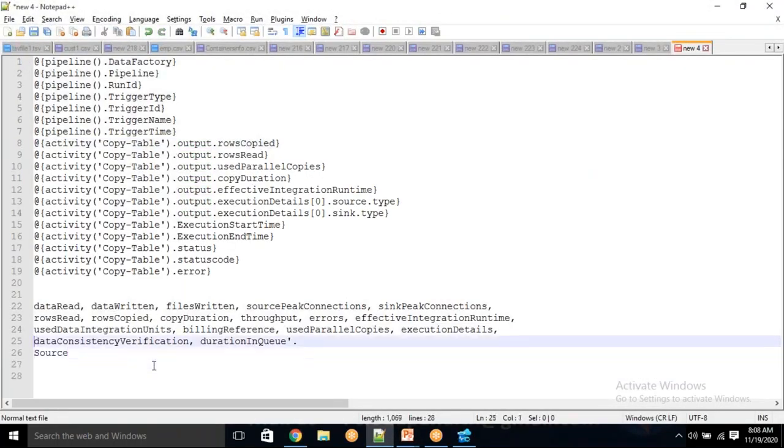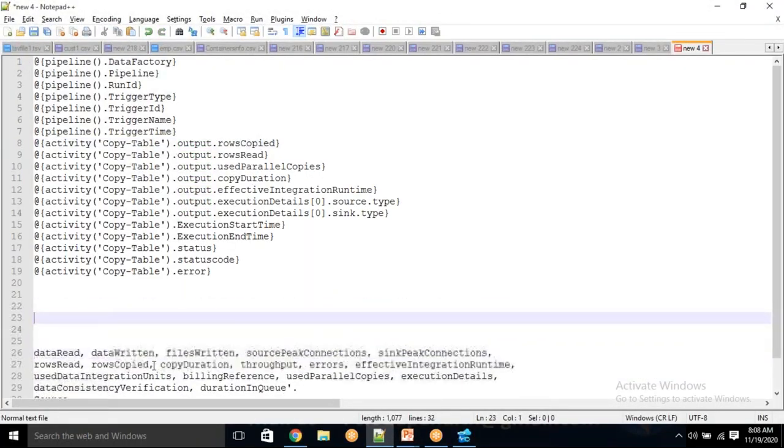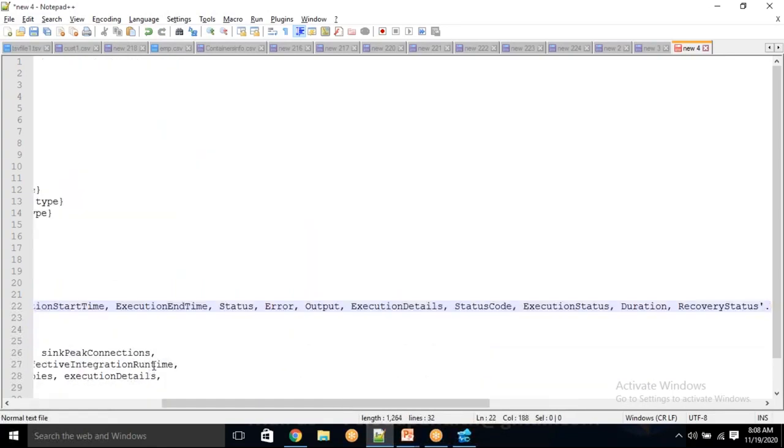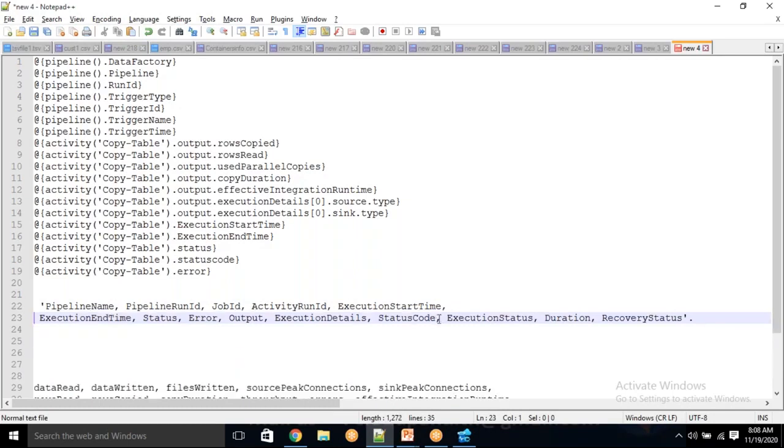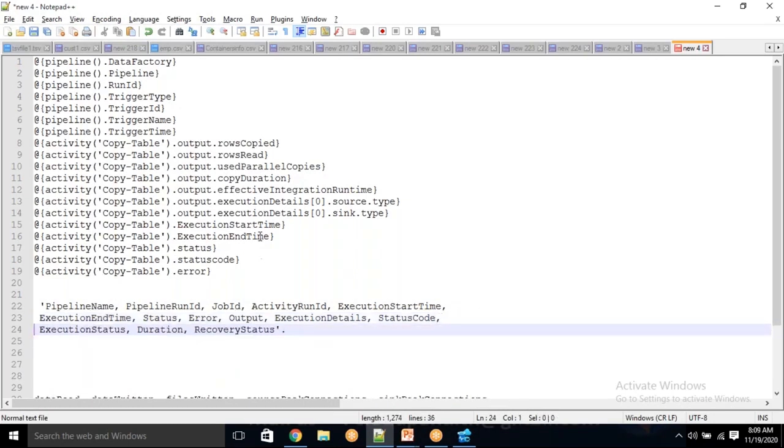Let me keep these things on top. These are the properties which are available on the direct activity. I have applied many of these things. See, directly I'm using start time. Yes, it is available. End time is available. Status is available. Status code, error, all these things are available. Not only